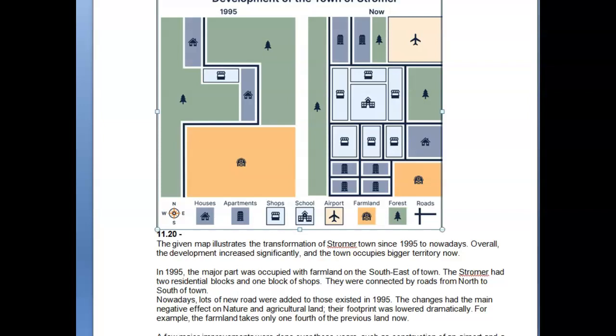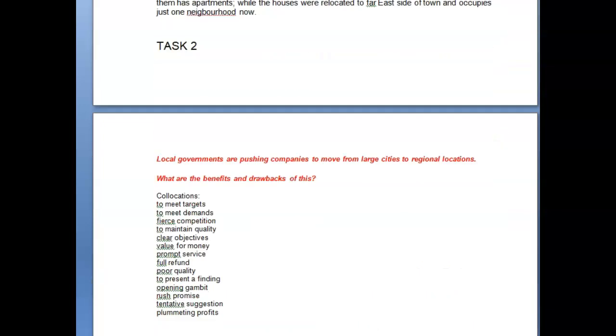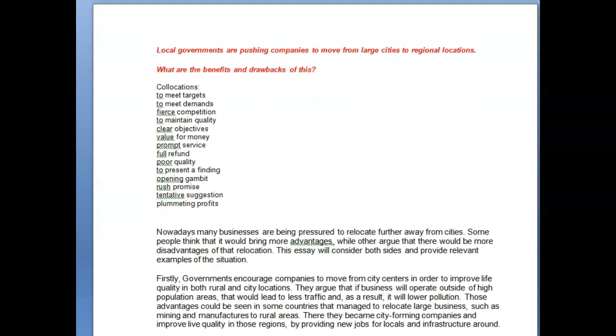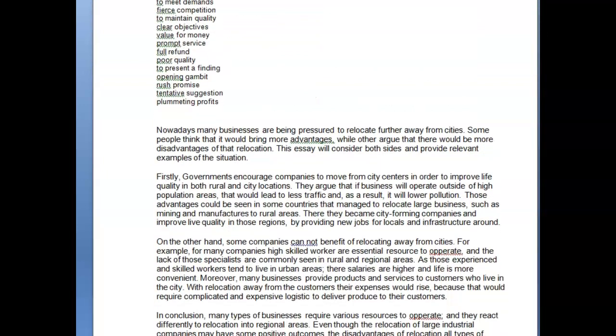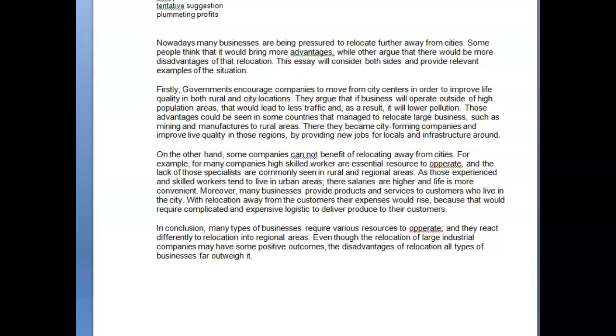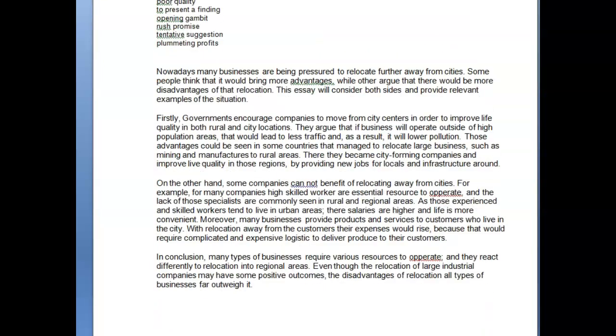Okay. All right. So why don't we take a look at your task 2 now about companies moving to regional areas. Nowadays, many businesses are being pressured to relocate further away from cities. Some people think that it would bring more advantages, while others, with an S here, argue that there would be more disadvantages of that relocation. The assessor will consider both sides and provide relevant examples of the situation. All right, so